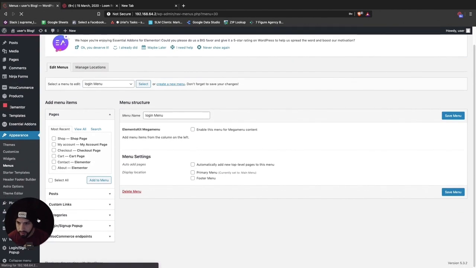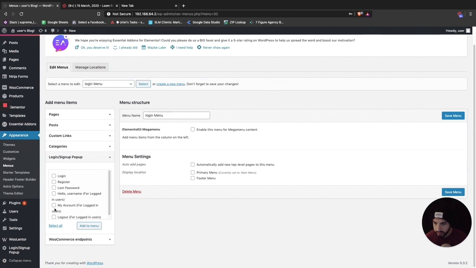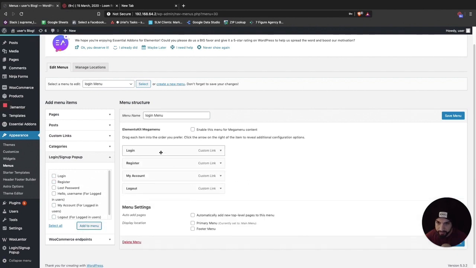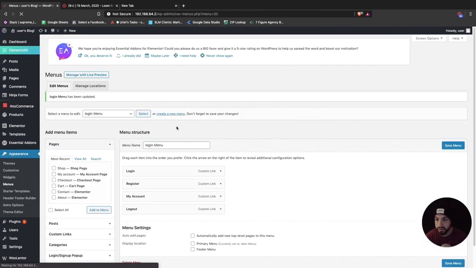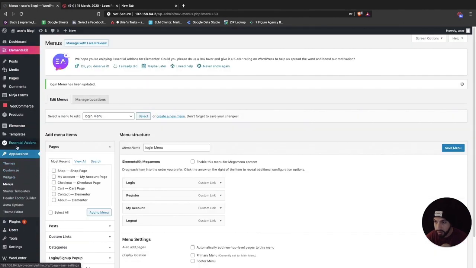And then we're gonna go ahead, I'm gonna move this actually to this side, and we're gonna go ahead and select these over here. We're gonna select login, register, my account, and log out. We're gonna make sure it's just like so, and then we're gonna go ahead and save this. And now we're gonna head over to our header, and since I am using the free version of Elementor, I am using the